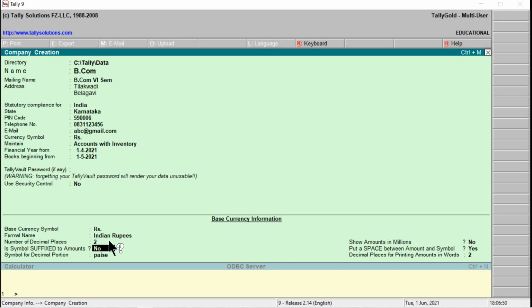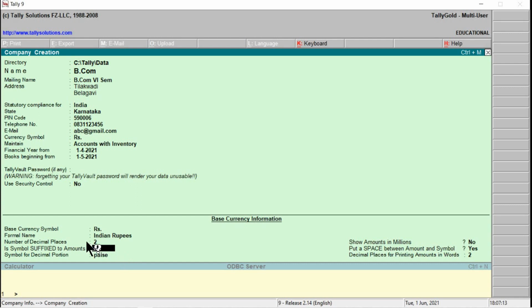Okay. The next one is symbol suffix to amounts. No. In our country, how do we write? First we write the currency symbol, then we write the amount. For example, rupees 500, rupees 200, rupees 1 lakh. Correct? We don't write 500 rupees.